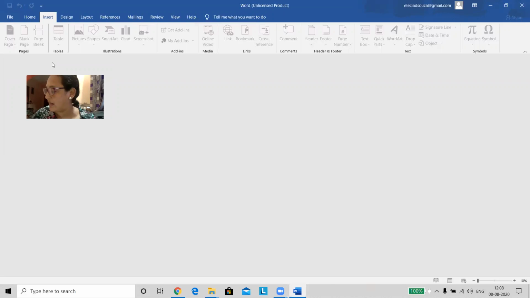So I have completed the entire lesson. This lesson only teaches you the structure of the application window, what is document window, what is cursor, the insertion point, and the tabs. Now I request you to read the entire lesson. I have already sent the homework for you through the app.